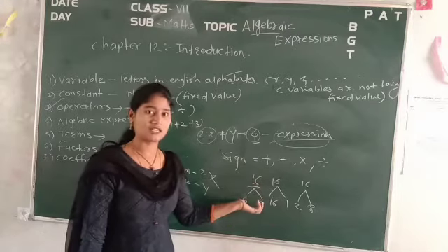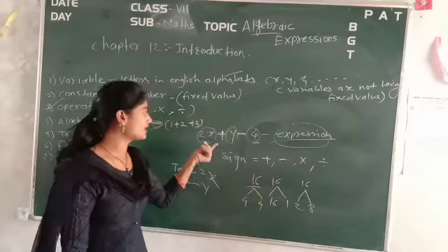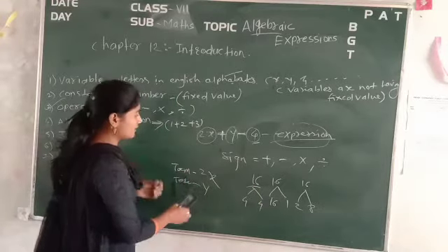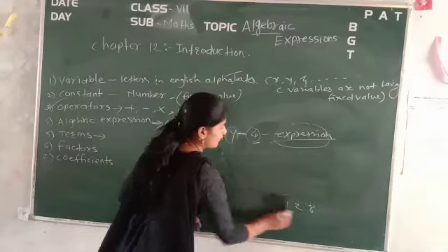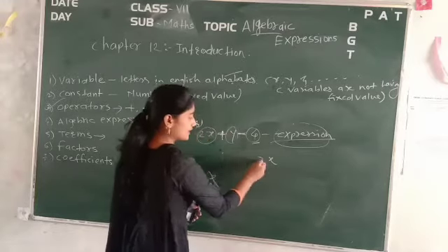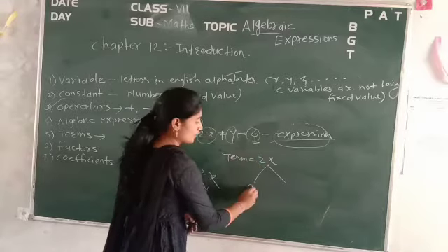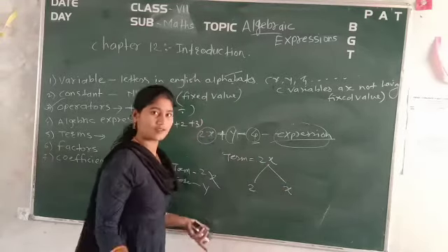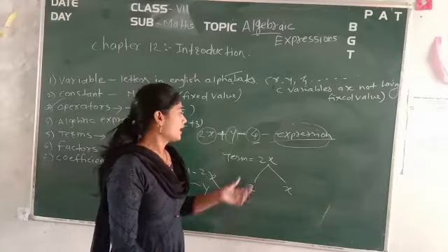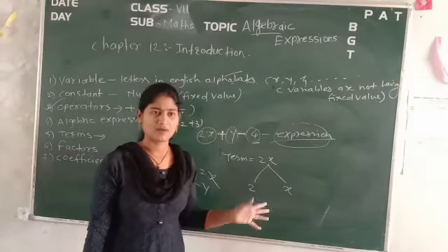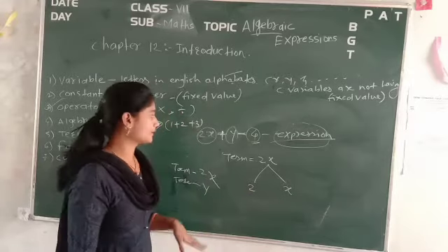Okay, if it is a constant, if a variable is given like 2x, what are the factors of 2x? That is, this term is 2x. Now you have to find out the factors of 2x. So 2x is nothing but one term, and the factors of this 2x are 2 into x. So it will become 2x. Okay, now along with this you can't take 1 as a separate factor, because it is common, so no need to take it.